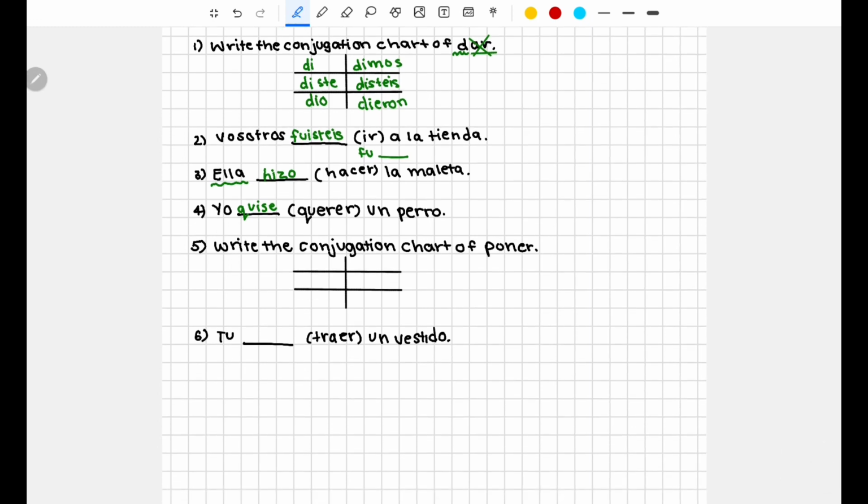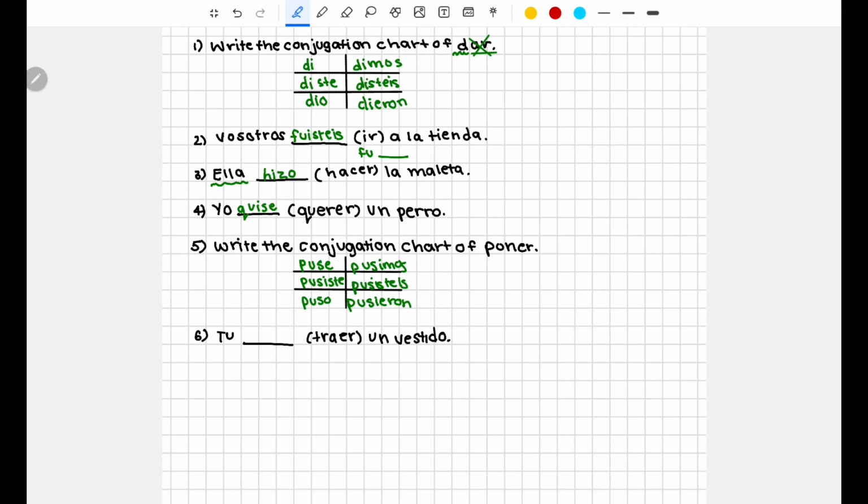Number 5, we are writing the conjugation chart of poner. The stem is pus, and then it's one of the verbs that follows that ending, the combined ending. So it would be puse, pusiste, puso, pusimos, pusisteis, and pusieron, because it follows iste, o, imos, isteis,